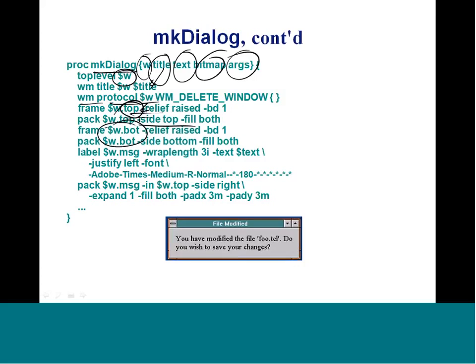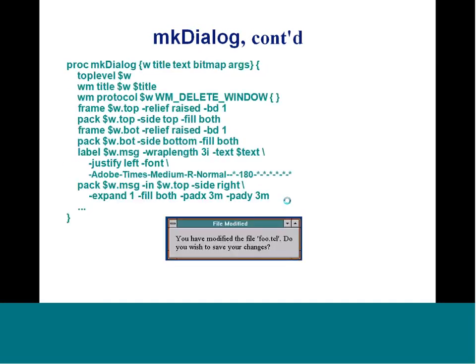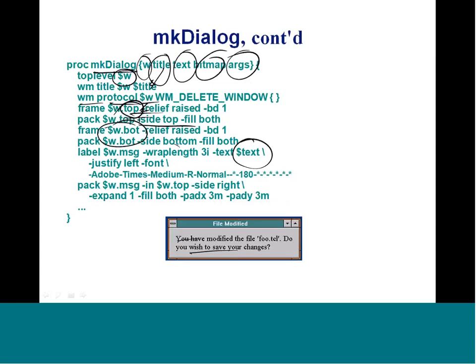And now we can also specify some label. The label is essentially the text that we grab. So here the text is like you have modified the file foo.tcl, and do you wish to save your changes? So simple command, but it takes a while before we can execute. Now once we finish this packing as the first one,